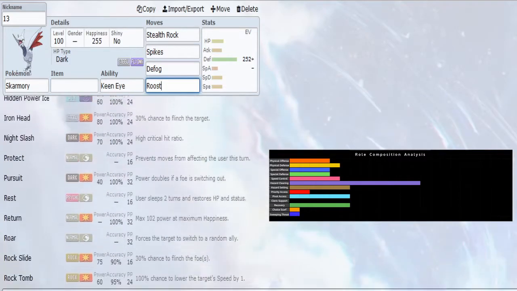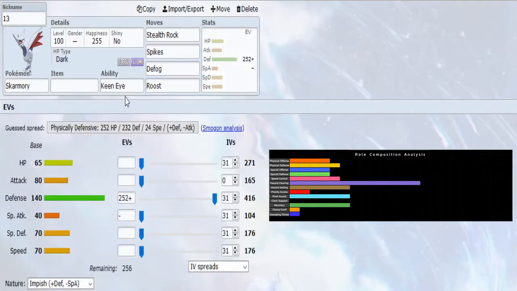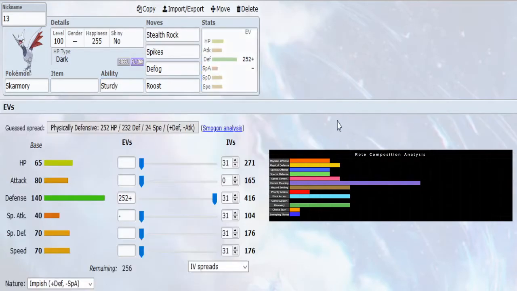But overall, this is a solid Mon, I can pretty easily get some mileage out of it. Iron Head for Fairy types. Sturdy, just to piss off Electric types. And speaking of Electric types that would normally be pissed at Skarmory and its Sturdy,